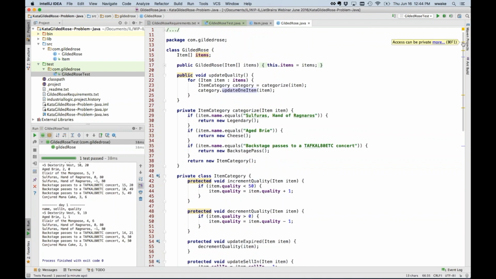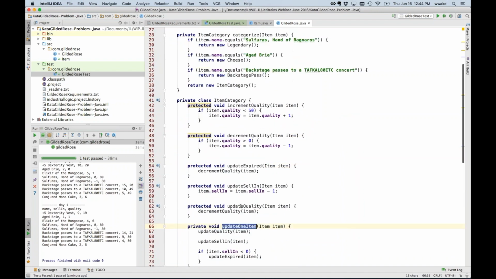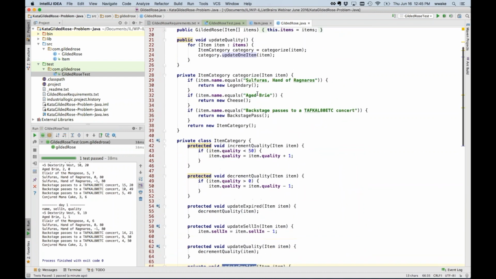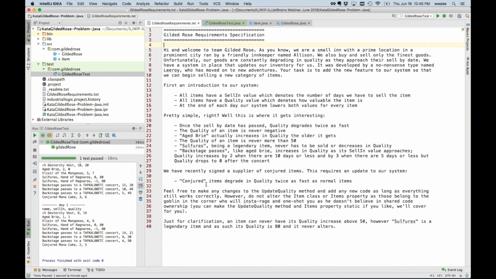I think most of these little warnings are access things, and I'm not going to bother separating out the classes into separate files that I would probably do in a full implementation here, but just to keep things handy for us, I'll leave them local, and you can fix the private and protected and so on. My guess is I'm probably more willing to leave things a little more open than they suggest, and I can update my preferences somewhere if I need to. All right, so at this point, let's go back to our test, or maybe let's look at our specs. The thing we wanted to add was conjured items. Okay, so the notion of